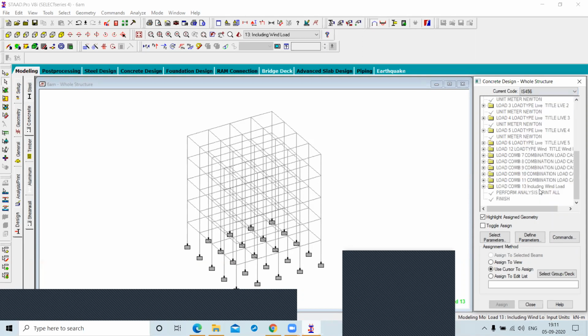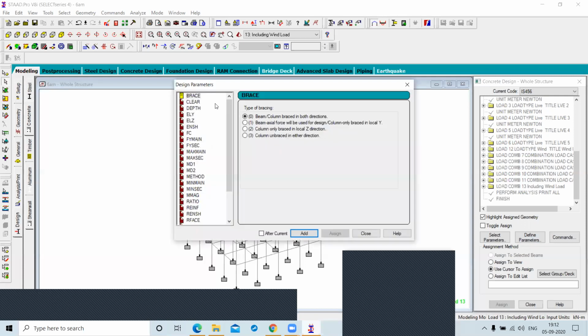Now you have to go to define parameters. We don't need to define all the parameters, only the parameters that we considered, right? First of all, we have the clear cover. So dear, tell me what is the cover?